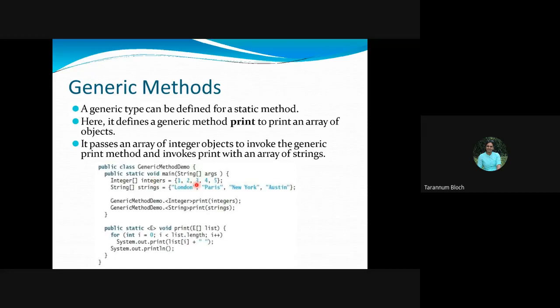And this is the value assignment. So for integers, index 0 is 1, index 1 is 2, index 2 is 3, index 3 is 4, and index 4 is 5. In a similar way for the strings, element 0 is London, element 1 is Paris, element 2 is New York, and element 3 is Austin.